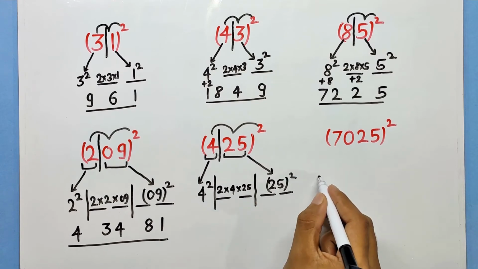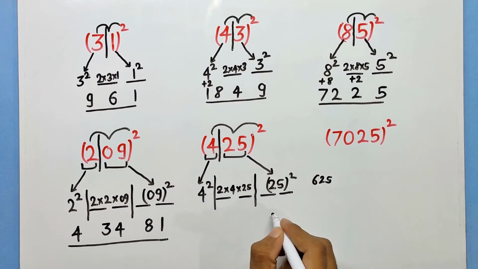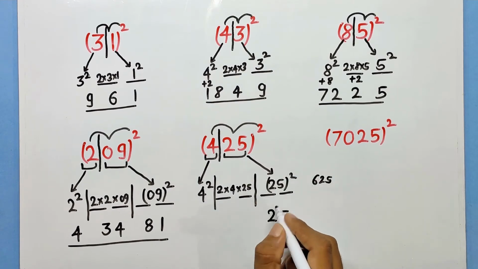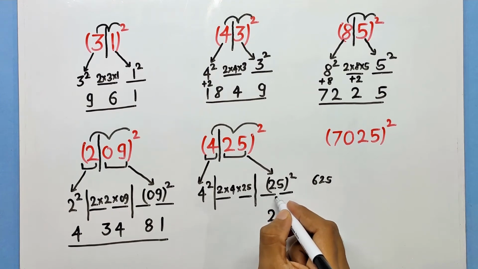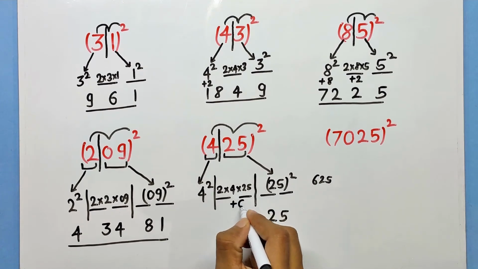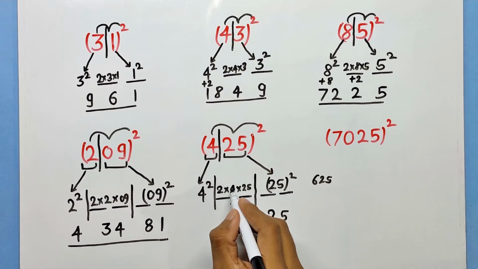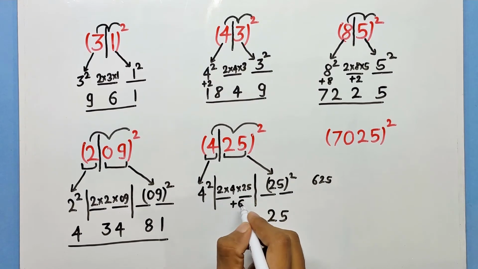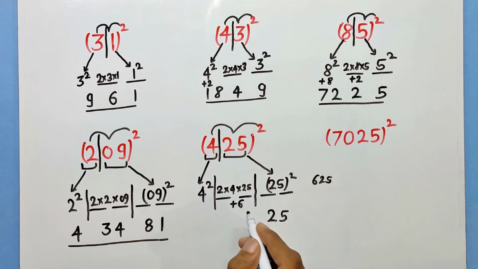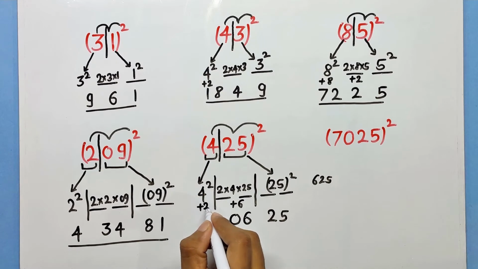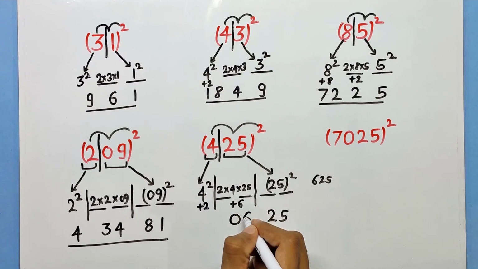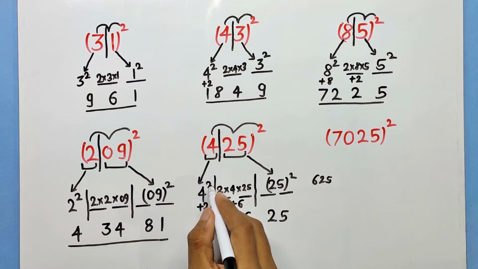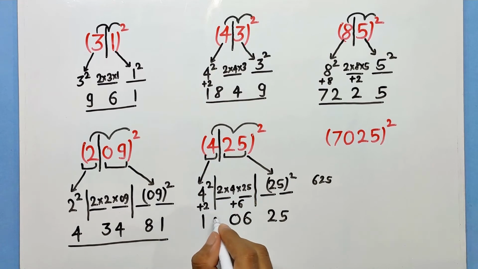05 square is 25. So we'll write 25 here. Since here we're allowed to write only two digits, there is no carry. Now 05 times 2, that will be 10, times 2, that is 20. So we'll write 20 here. Again we are allowed to write two digits here. So 2 square is 4. So the answer to 205 square is 42025.